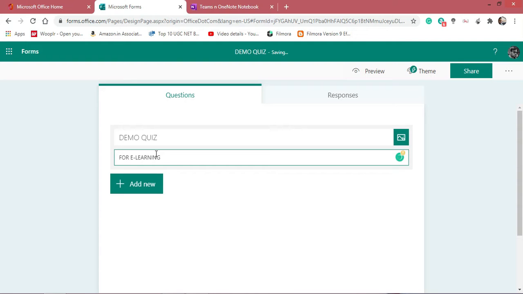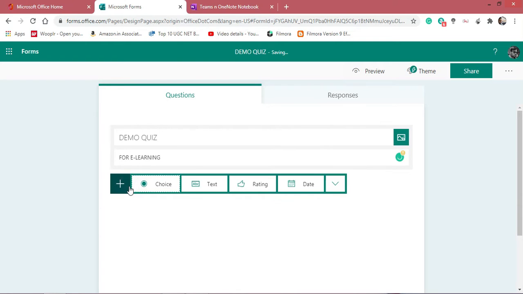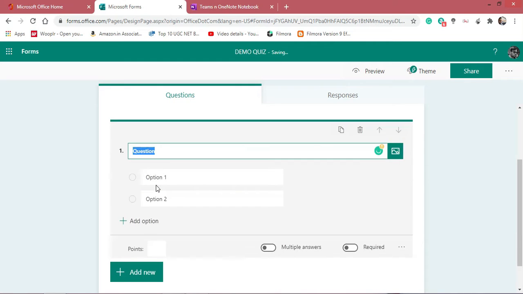Once the description is over, you will see one option that says add new. Over here you will get four options: choice, text and two others. We mostly use choice and text. Choice is for multiple choice questions. Now over here you will type the question and give four options.